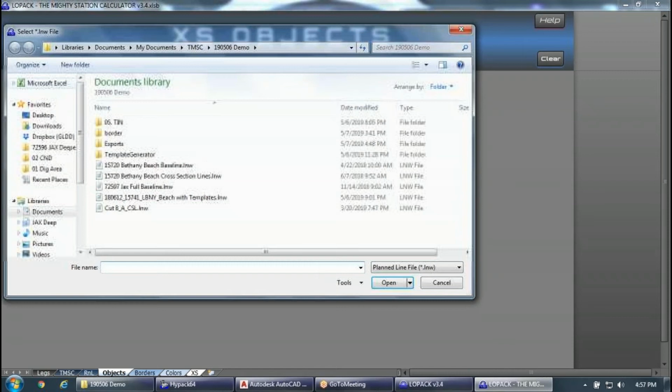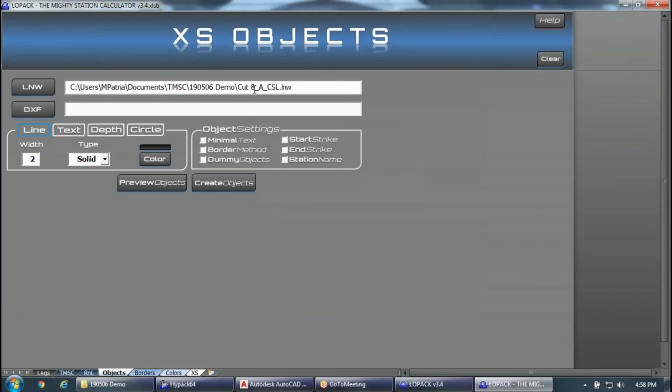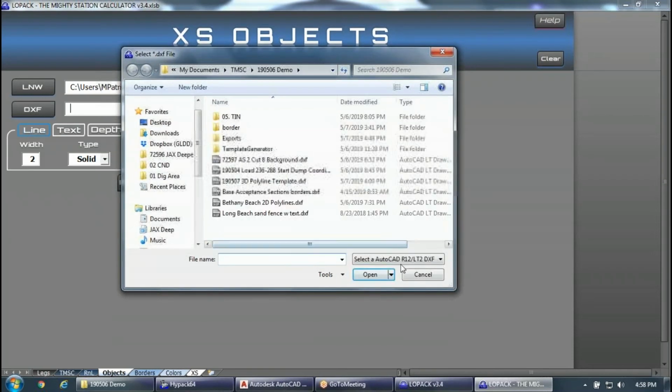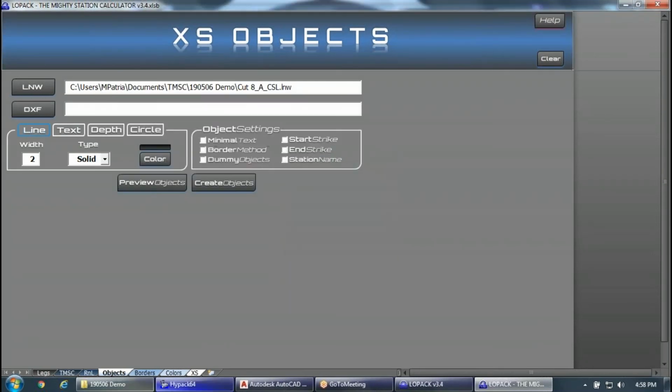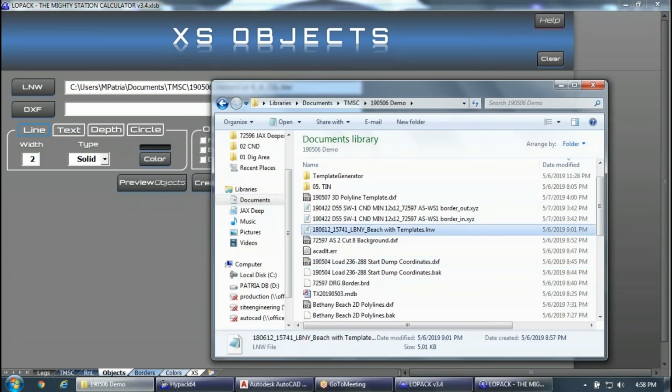So now I'm going to import a line file, and now you can import line files with a template in it. You can see it says A here. That's Hypack's default. If it has an A in it, that means it has a template. The previous version had no templates in it, but now I'll import it. It'll just ignore it though. So now we're going to import a DXF. Actually, before I do that, I'm going to show you what the DXF looks like, how to make a proper DXF